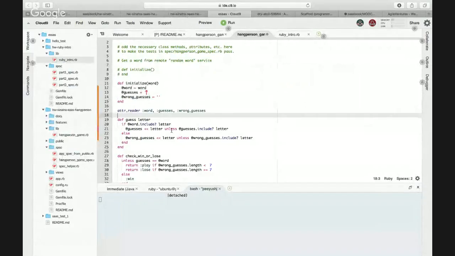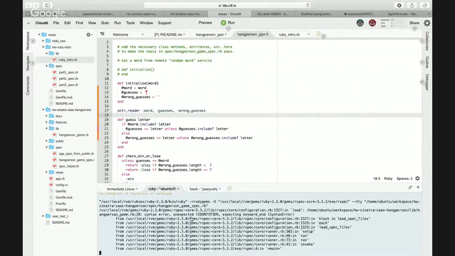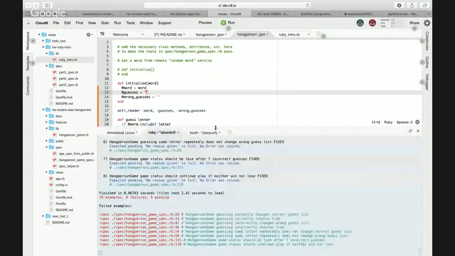So here, firstly, to pass the first test, I have actually run the test by saving this file.